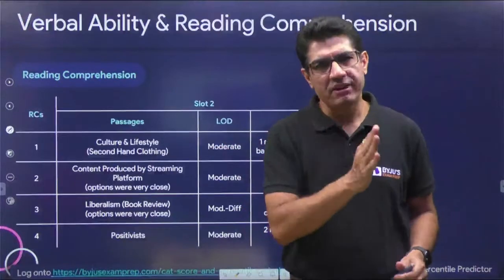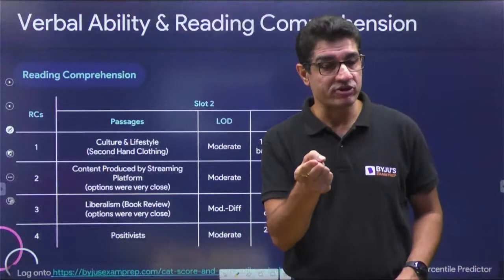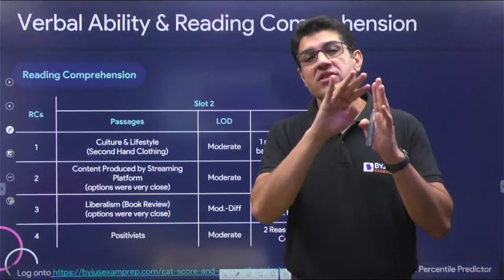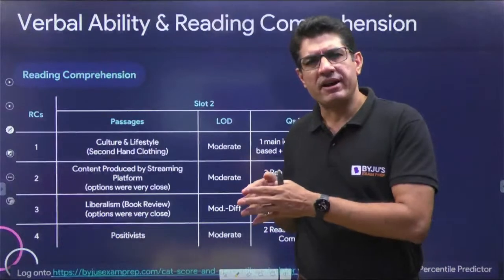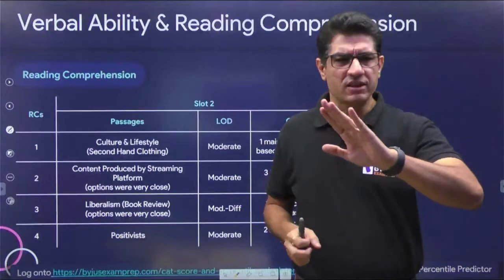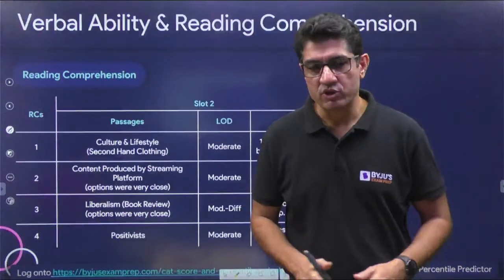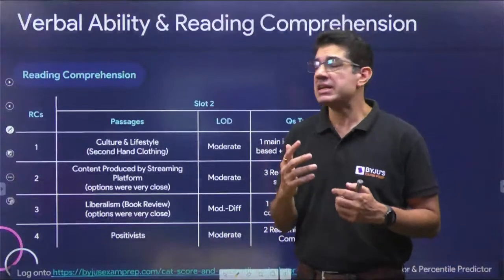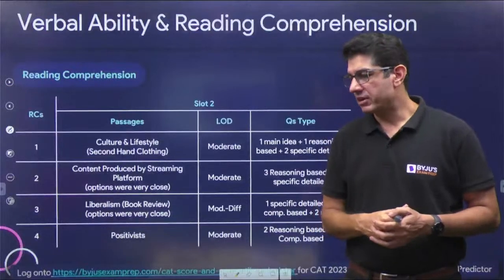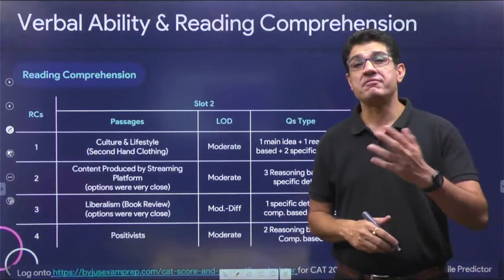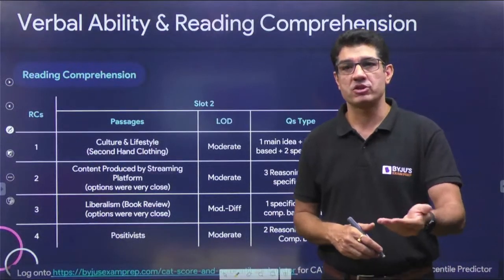So they defined fast fashion. They did not define slow fashion. But then we had to take the opposite of fast fashion to be true and then see which one goes farthest. So I think this was a moderate question. I'm putting it at moderate because over the past few months of working with each other, we've seen that there are some people who are not that comfortable with inference-based questions.